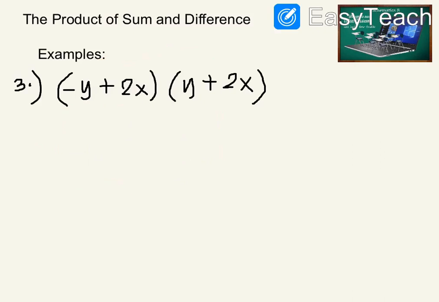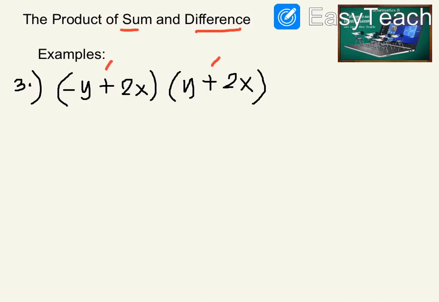Example number 3. For example number 3, we have negative y plus 2x times the quantity of y plus 2x. You will notice that our lesson is supposed to be the sum and difference. But here, we have both are sum. Only the first term in the first quantity is negative. That is negative y. While in the second quantity, it is positive y. But if you're going to rearrange it,